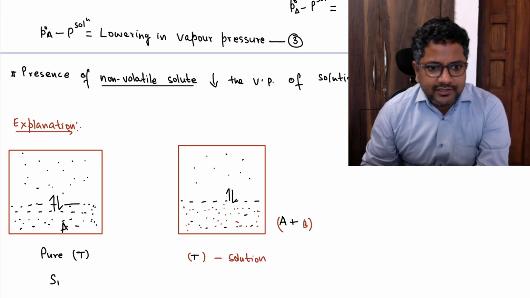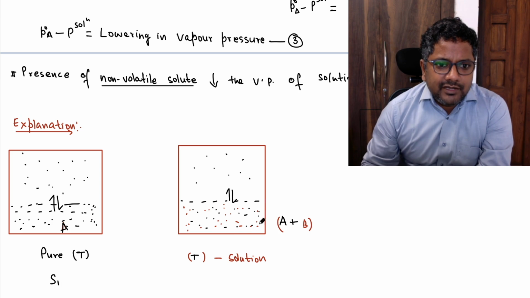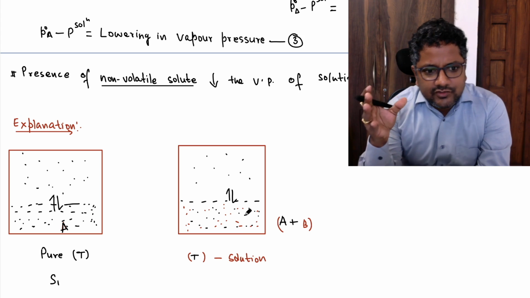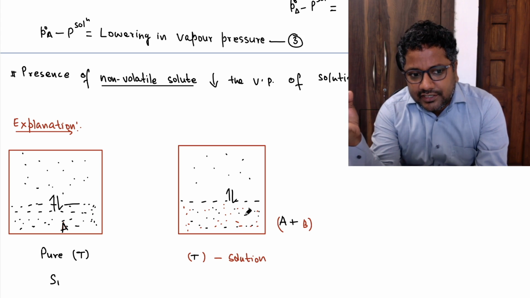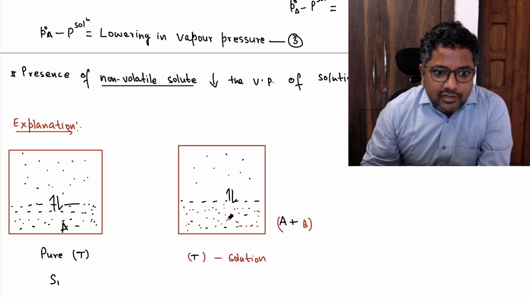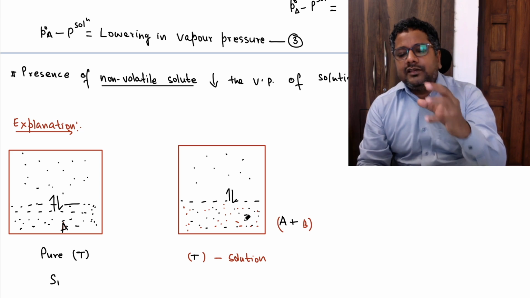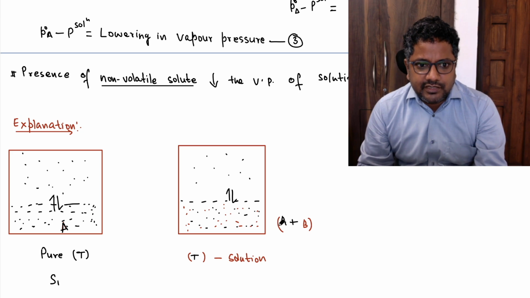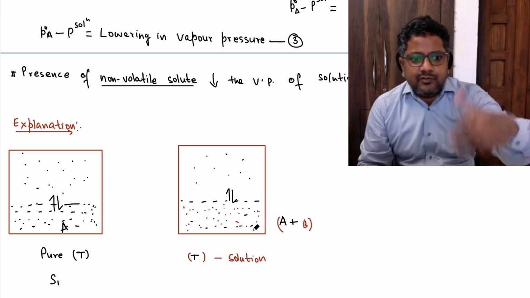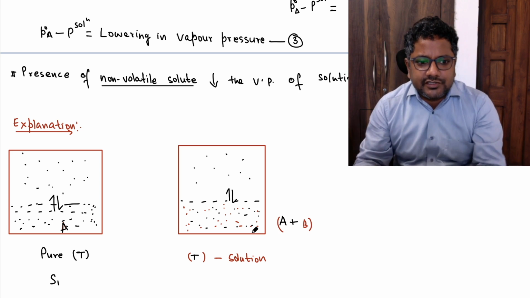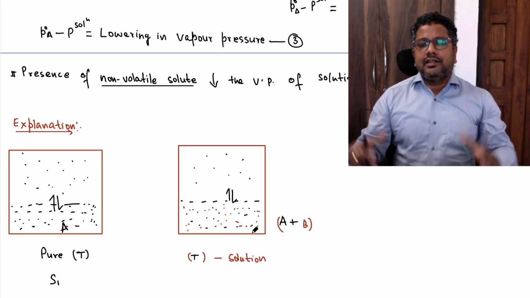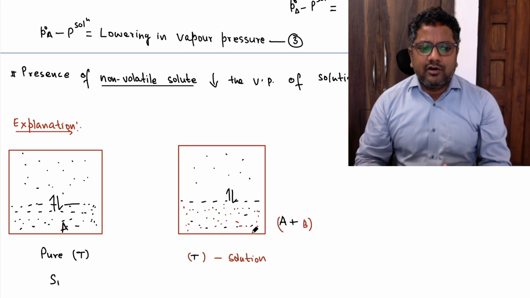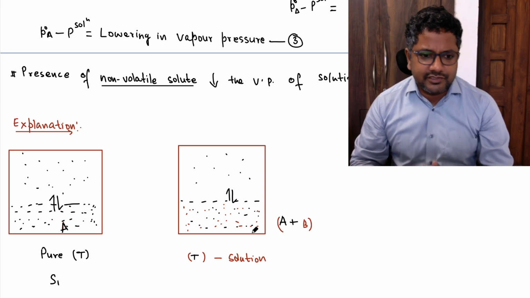S1 entropy. So now tell me, when we talk about the entropy of mixing here, in the solution what you are getting, entropy of mixing increasing or decreasing? Obviously increasing, because the number of molecules are increasing. You know what is entropy? Entropy is the measurement of randomness. So you are increasing the number of molecules, A and B you are taking, so the possible orientation of different molecules increases, randomness increases. If you increase the number of molecules in any system, randomness increases undoubtedly,